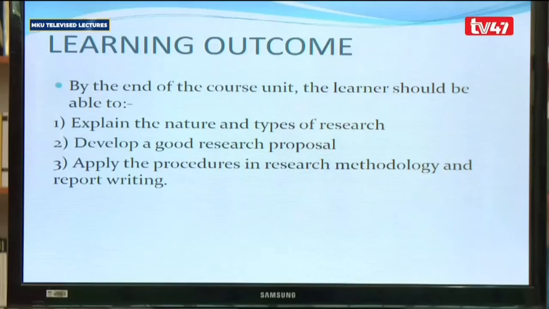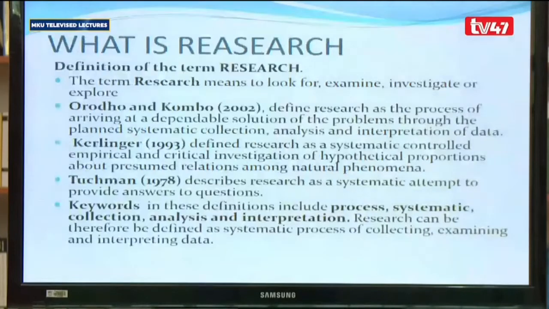Research methodology and report writing. Now let us begin